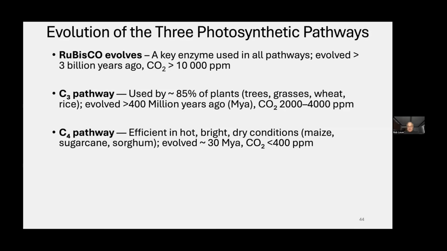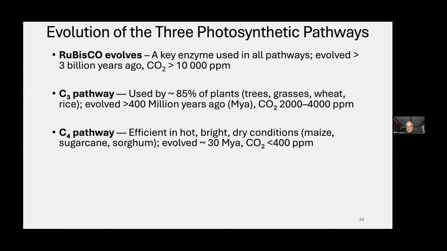The next pathway to evolve was what we call the C4 pathway, which is efficient in hot, bright, sunny conditions. And it's what the maize, sugarcane, and sorghum plants use. That evolved about 30 million years ago when carbon dioxide was much less, about 400 parts per million. And we're going to see why this is so important, because as the carbon dioxide levels were dropping, plant productivity started to decrease, and a different photosynthetic pathway was needed to keep plant growth rates up at